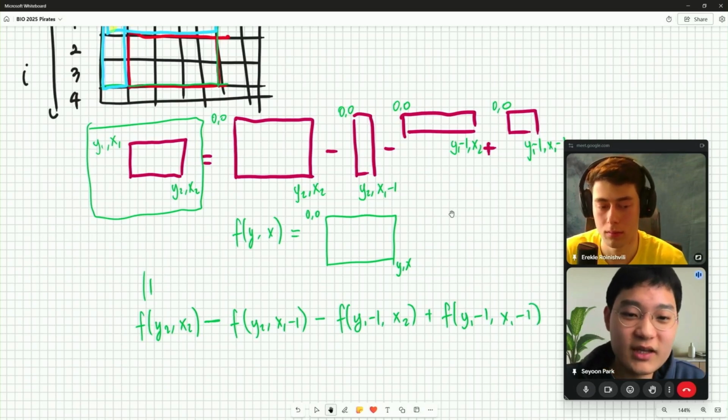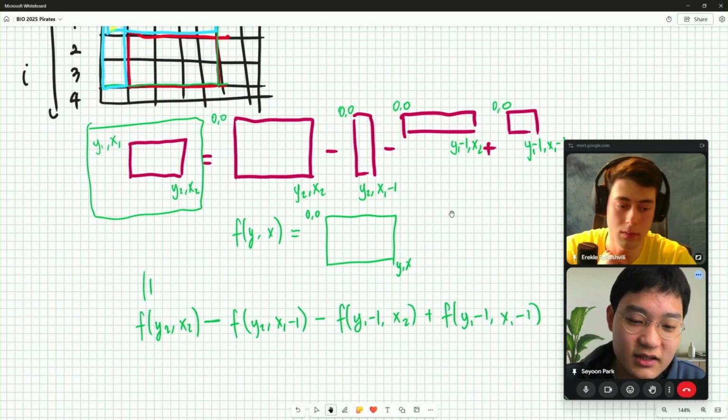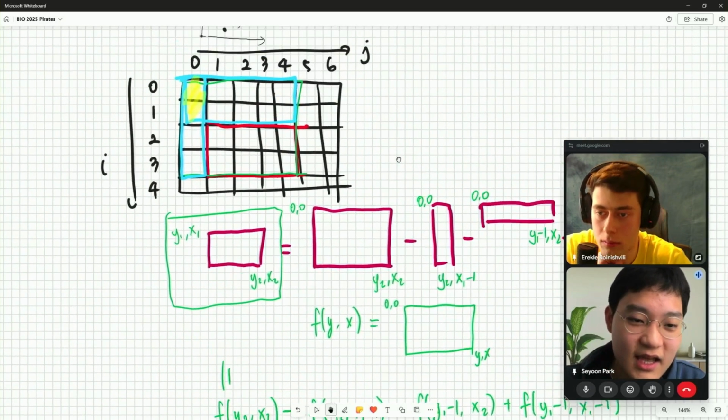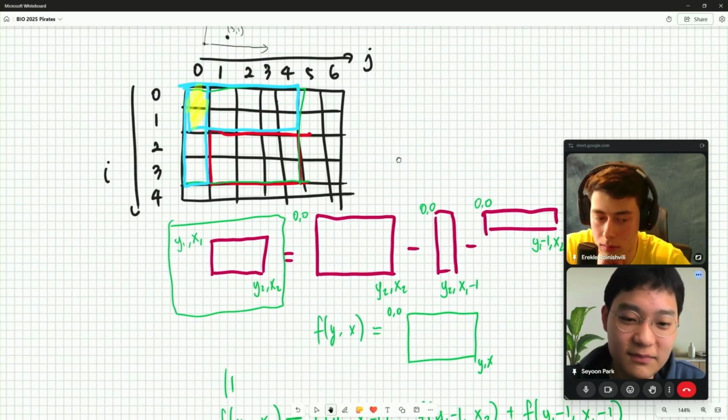So if we can have these values computed in efficient time, we can get any rectangle using this formula.